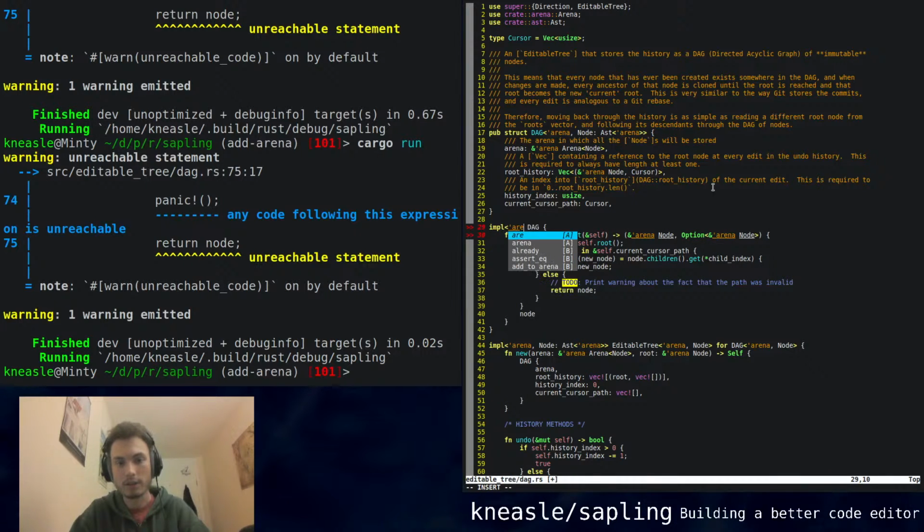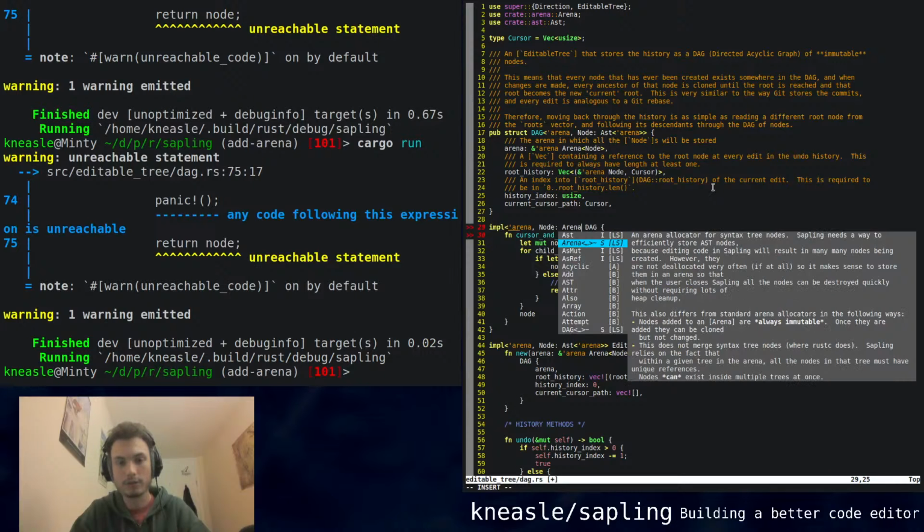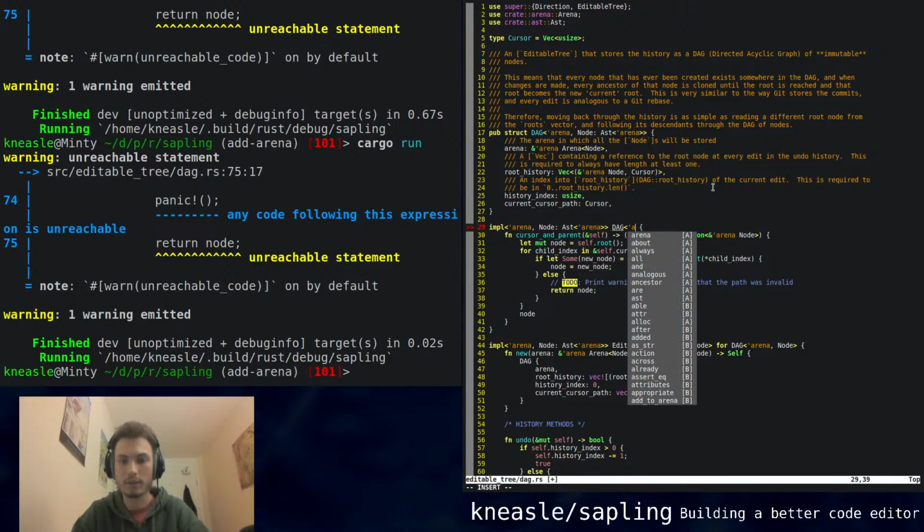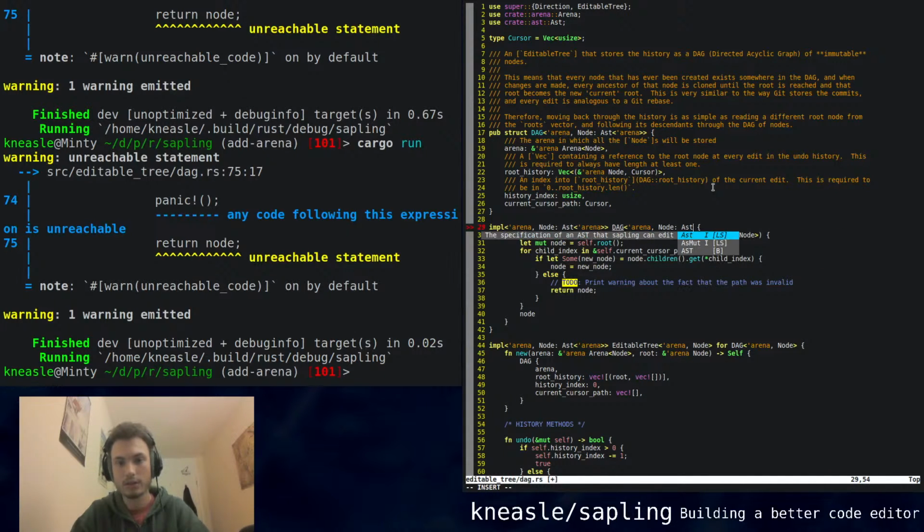This is going to be arena, and then node is some syntax tree with the same lifetime, like that is stored in the arena, so it has the lifetime of the arena. For those who don't know what the arena is, or arrived after I explained that, essentially an arena is,